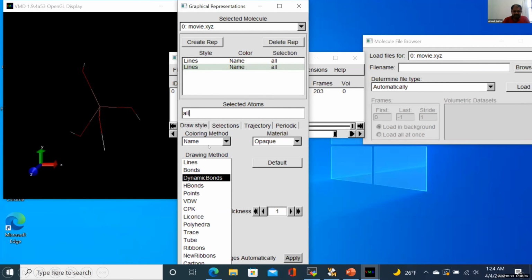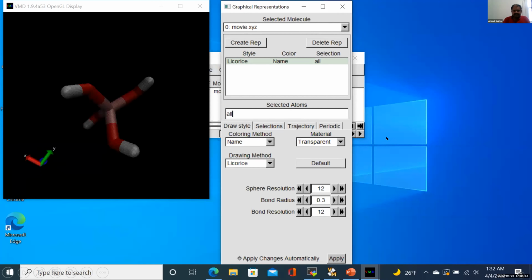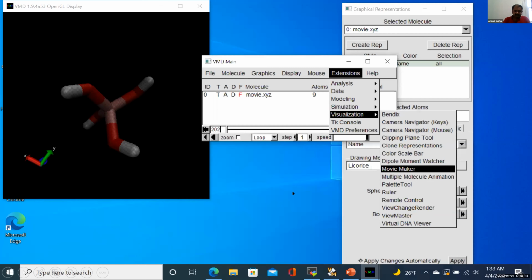So after that, you have to select the dynamic bonds, and then whatever you want to do, like transparent, and there are other options. Then you can select here the sphere resolution, bond radius, and bond resolution. And if you are working on any organic molecule, there are different sets of resolution for sphere and bond radius. So after that I selected, then I go to the movie maker, then